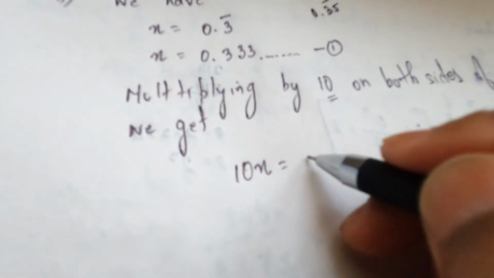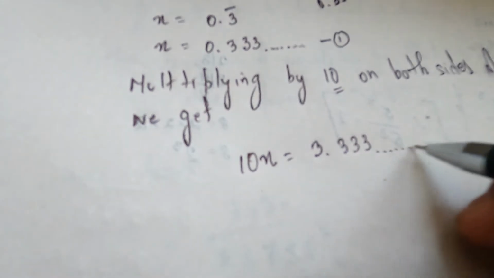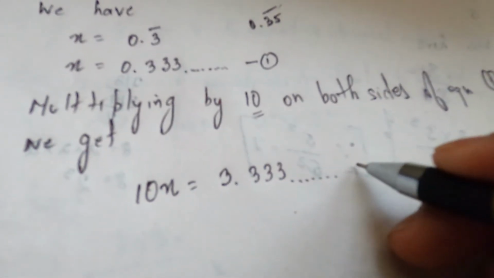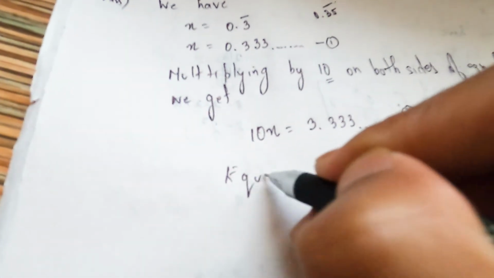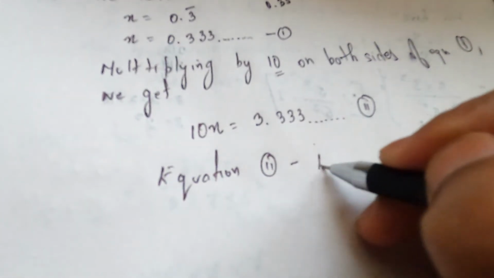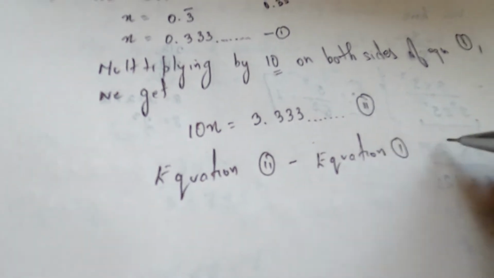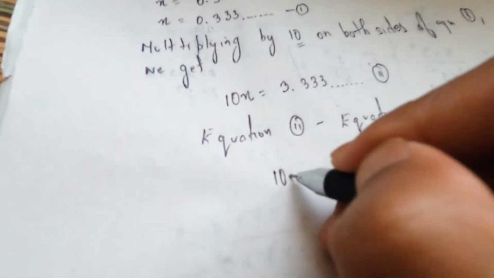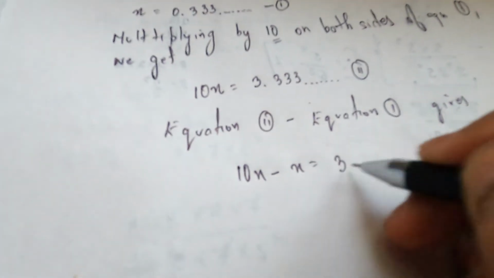So after multiplying equation 1 by 10, what do we get? 10x is equal to 3.333 dot dot dot. This will be equation 2. Next, we subtract equation 1 from equation 2, so it will be 10x minus x is equal to